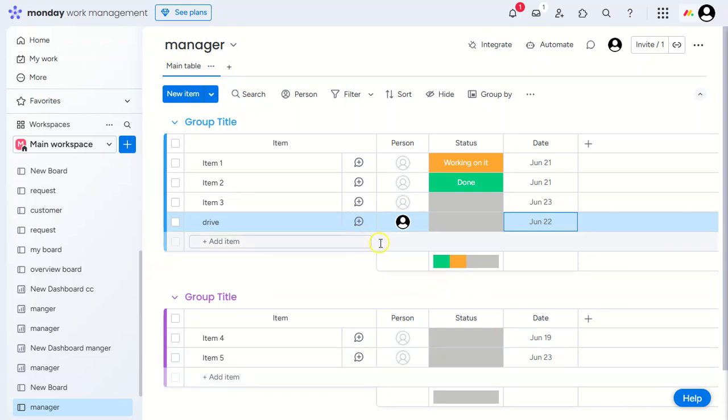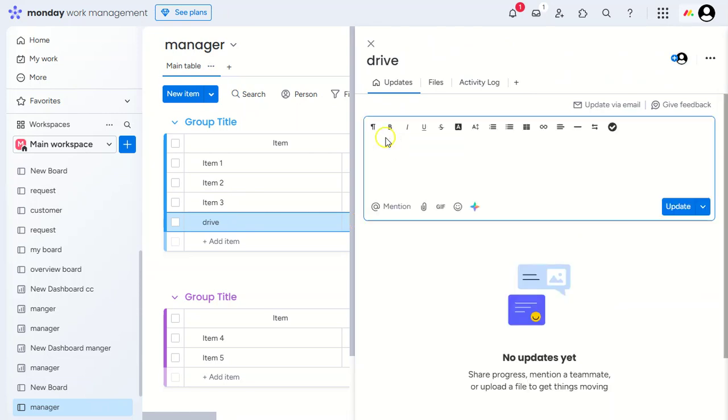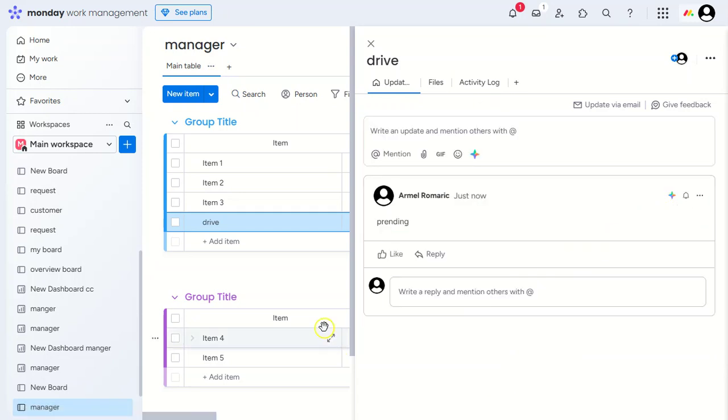on indefinitely. The fourth step is to use the Update section. This is where team members can leave comments, ask questions, and share files related to a particular task. To utilize this, click on the task and then on Update. This helps us because it keeps all task-related discussions in one place and makes it easy for everyone to stay